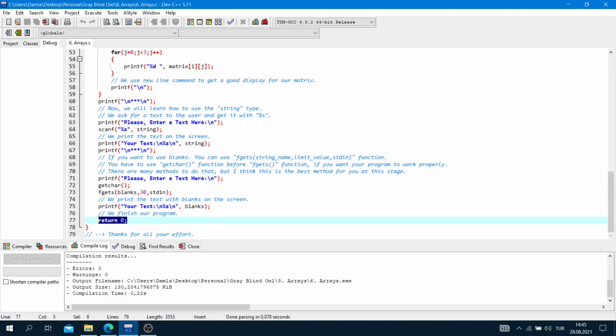Today we learned how we can define and use an array, a matrix, and a string. We will not do exercises about this subject next week because we will reinforce what we learned today in future lessons. As of today, we have completed the most essential topics of C. If you have followed our lessons so far, you are now at the stage where you can produce simple projects. Next week, we will move on to pointers, which is where C starts to get complicated. Therefore, I suggest you repeat what we have done so far.